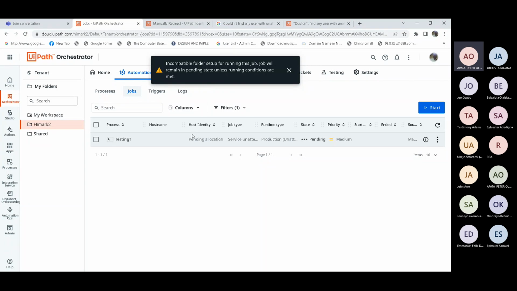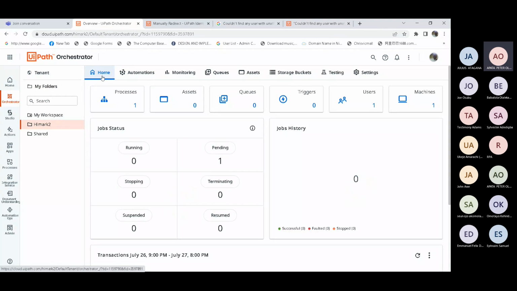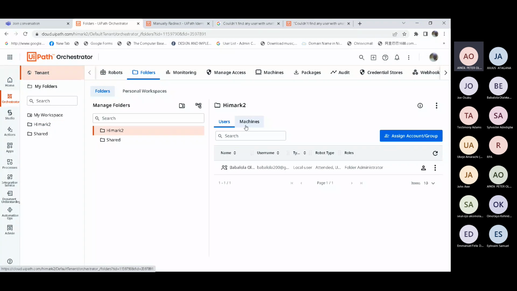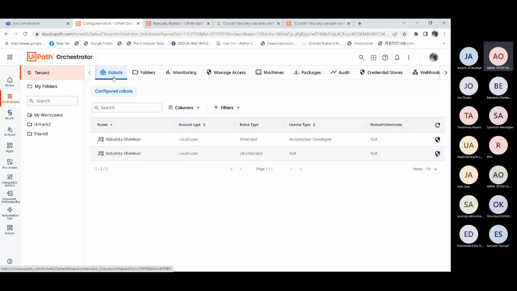Okay, let's go back to the robot and see, after enabling it, whether you still have the unattended robot. Click on tenant and robot. You have unattended here now.